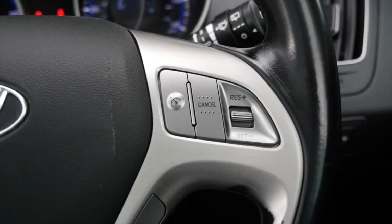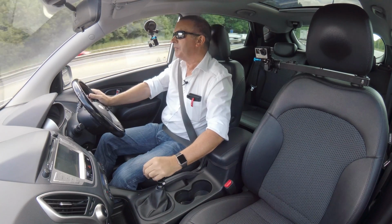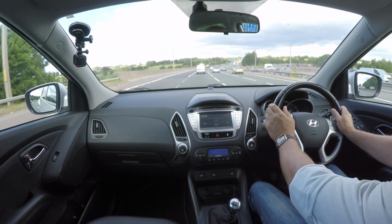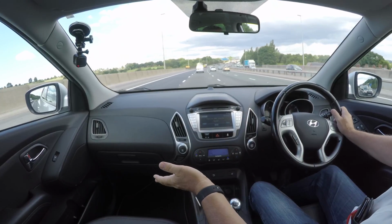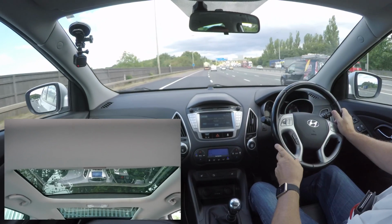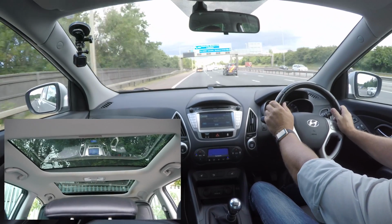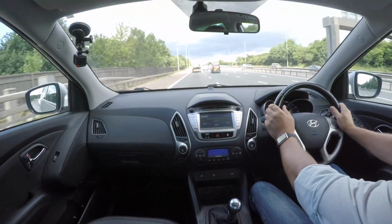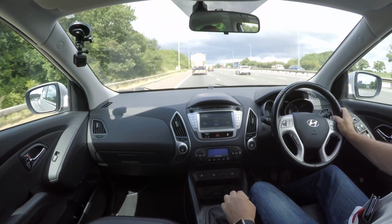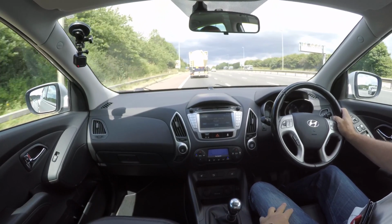So great spec. I mean, the car's got heated seats all round. It's got heated seats in the back as well. The air con's icy cold. The glove box is also air conditioned. There's 2 glass panels in the roof. We've got Hyundai carpet mats, cup holders,